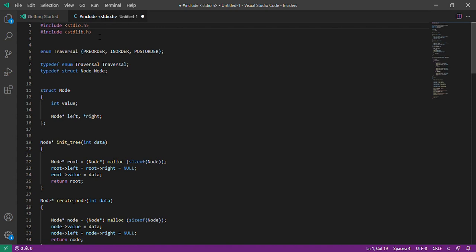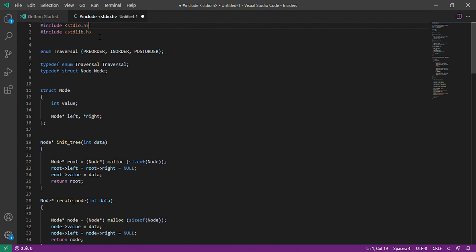Next, in-order traversal. In an in-order traversal, the nodes are traversed according to the following sequence from any given node. First, if a left child exists, it will always go to it first. After it visits the left subtree, it will visit the currently given node.